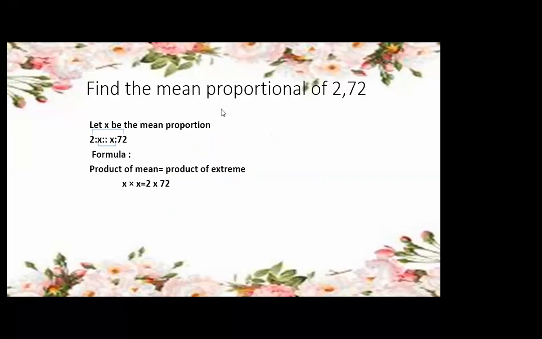X into x. What is the meaning of x into x? X square. Exactly, Aisha. X into x is x square. So here we get 72 twos are 144. And here, by taking the square root on both sides, we get...